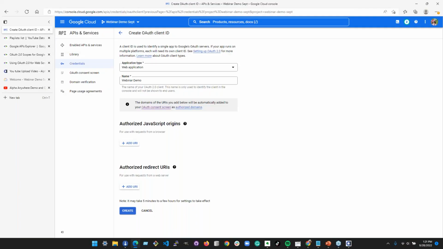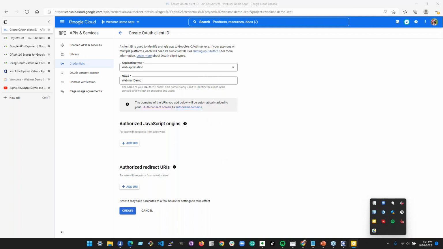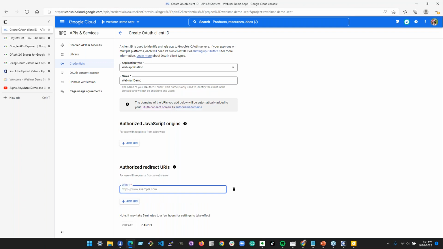I think I took a screenshot of this earlier. Let's see if I have it still. I do. All right. So these authorized redirect URLs are called after authentication succeeds.